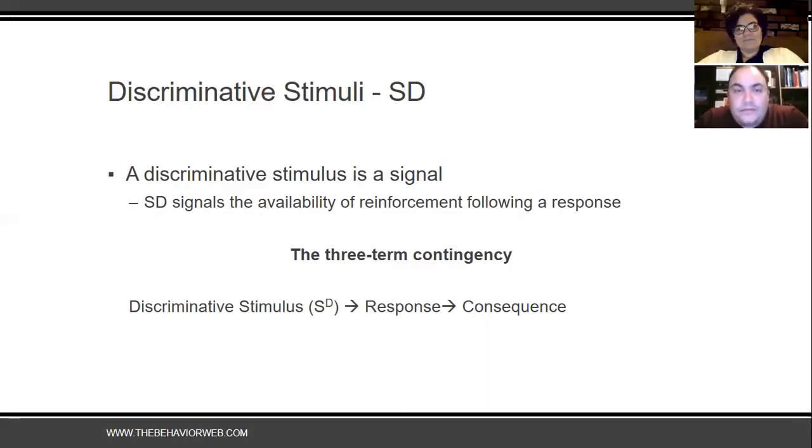Then the organism has the opportunity to respond to that stimulus. And if that response is followed by a consequence, then the whole thing comes into effect, where the discriminative stimulus is the signal that a consequence, meaning a reinforcer, is available contingent on behavior. So there we go. Sherry put in a comment that she wanted to hear about SDs